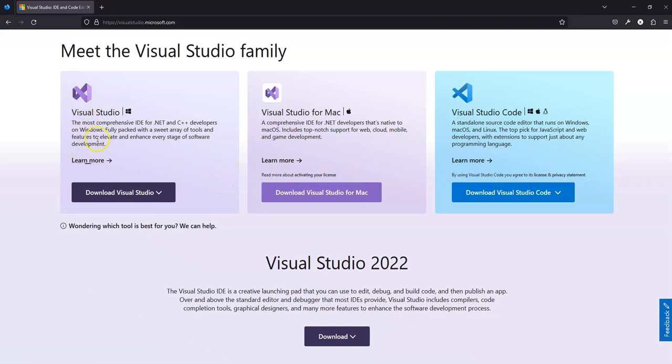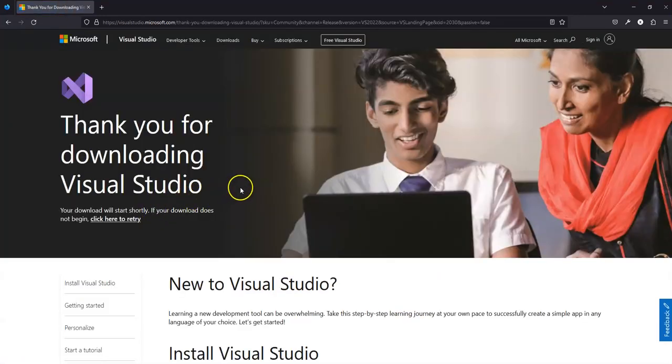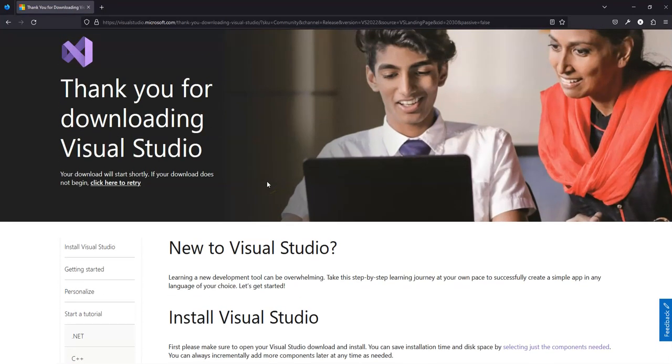So this is the Visual Studio here, and you will need to download the free community edition, because there are two types. Or if you're using Mac, you can download this one here. If you're using Windows, you can download this. When I hover over this, you can see the community edition, the professional and the enterprise. Make sure you choose the community edition. When you click on this, it will download on your computer, and then after that you can install it like every other application. And when you are done installing it, you can start using it